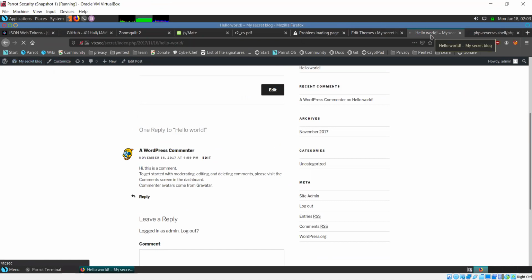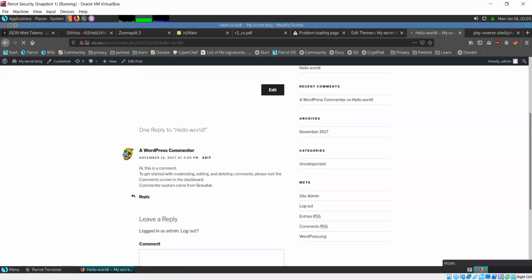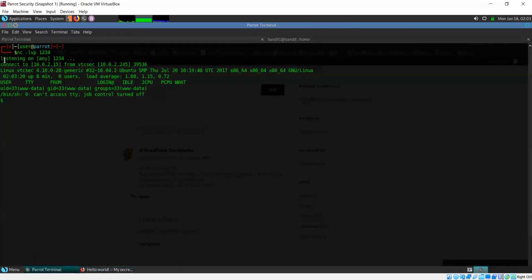It's not able to load. Why? Because instead of the actual code that was there for this page, our edited reverse shell code is now running. And that is not going to give a web page as a result. It's going to give us shell access, which has been the case. When I refresh this page, my reverse shell code was executed and I got a connection.